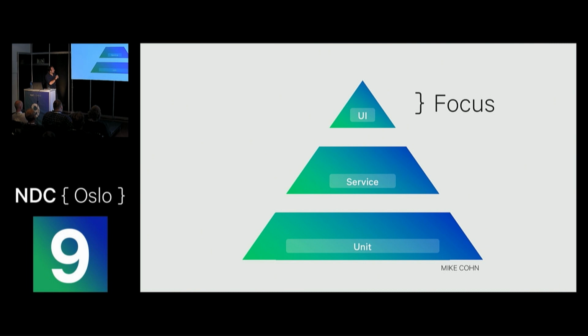For today, I'll just focus on the UI layer and especially have a focus on mobile. But we can also do the UI layer on something else. Like I said before, web developers can also just write the Gherkin test for the UI layer as well. And like I said, don't forget your service layer. Don't make a testing triangle upside down, with a lot of UI testing and very low on unit testing. Make sure this is the testing triangle that you focus on.